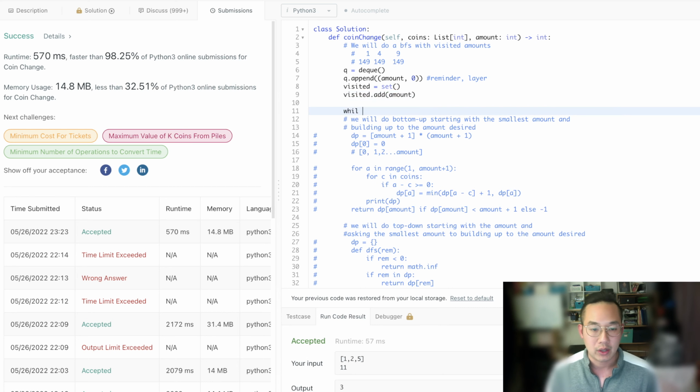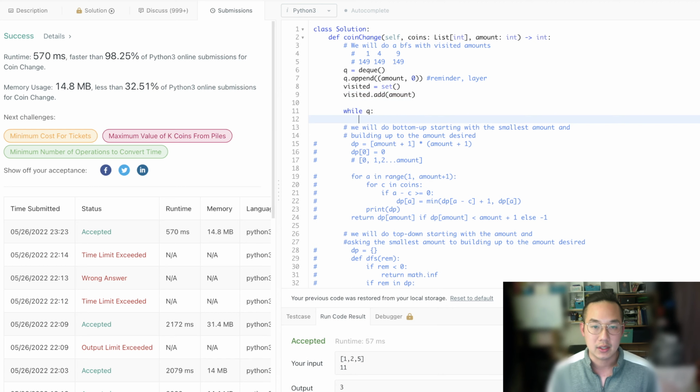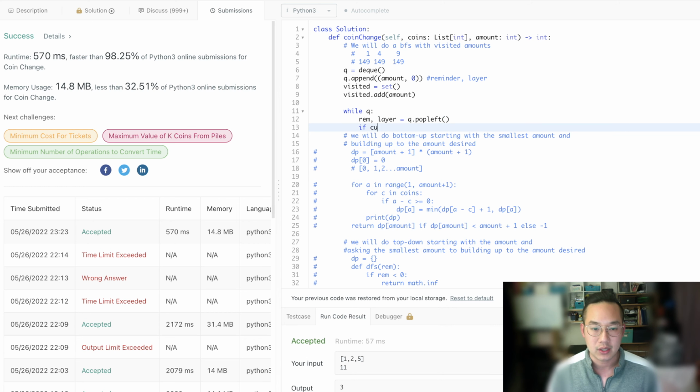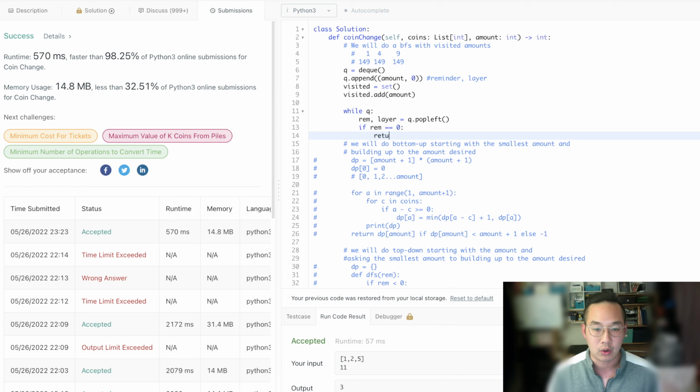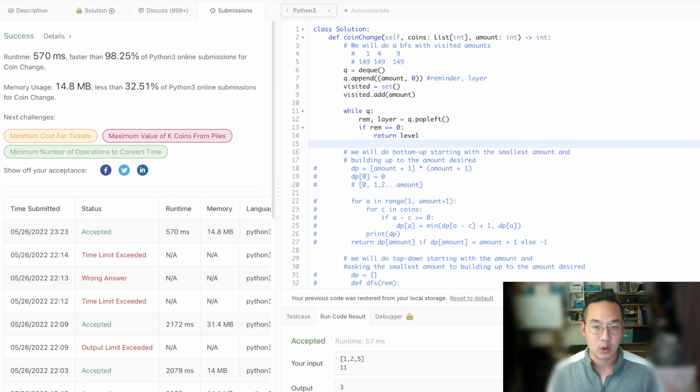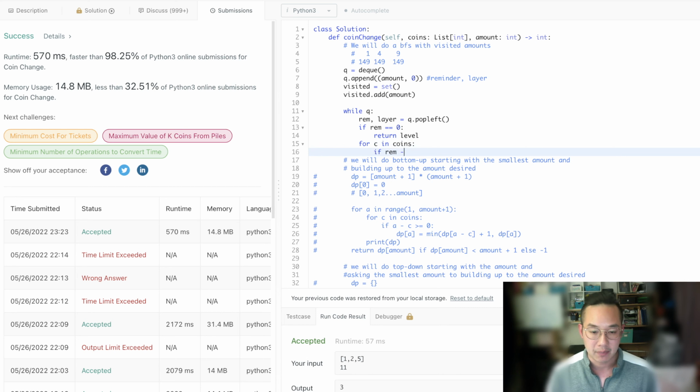Now, while q, the current remainder and the layer are equal to q.popleft. With that, if the remainder is equal to 0, we're going to return the level as we have just said. Otherwise, we're going to run this code here and work through each coin. For c in coins, if remainder minus the coin is greater than or equal to 0, and remainder minus the coin is not in visited,